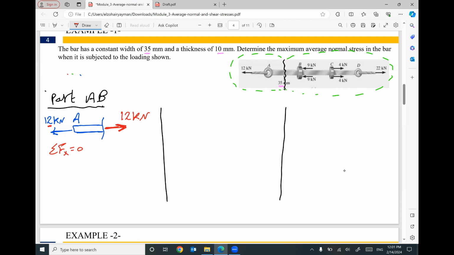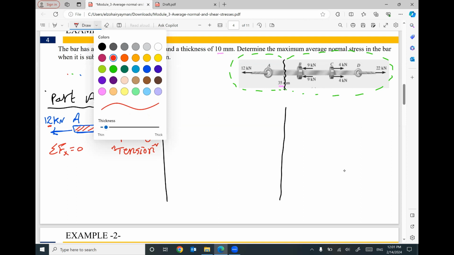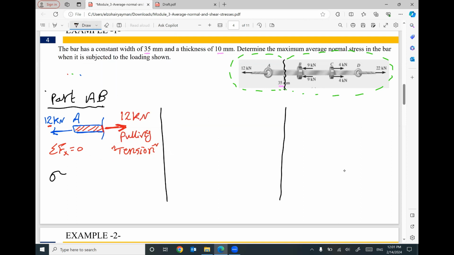This force is pulling the section in member AB. That means this force will be a tension force. So the value of the stress in part AB will be positive 12 kilonewton divided by